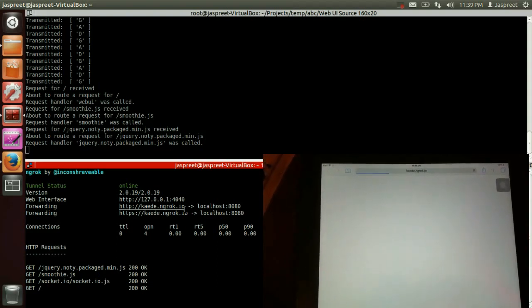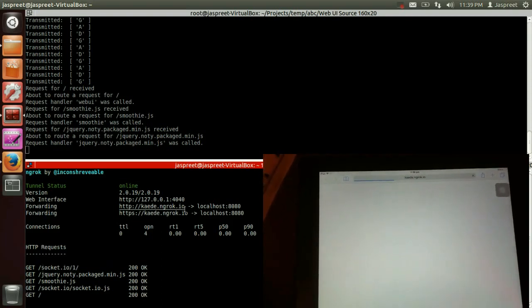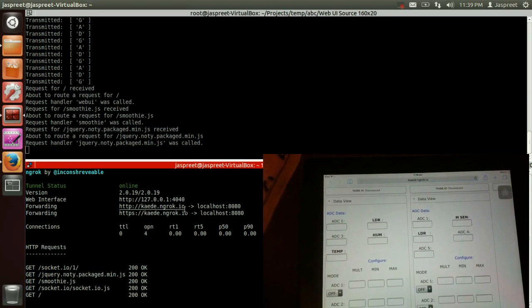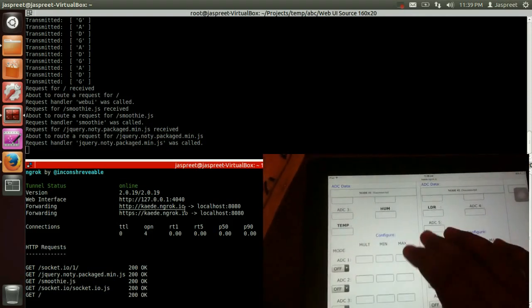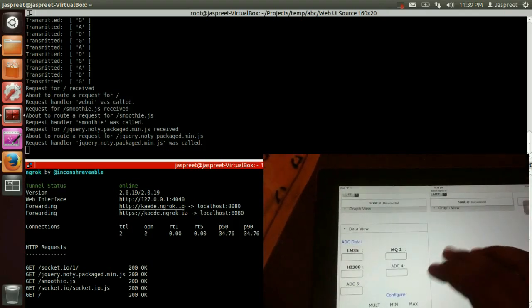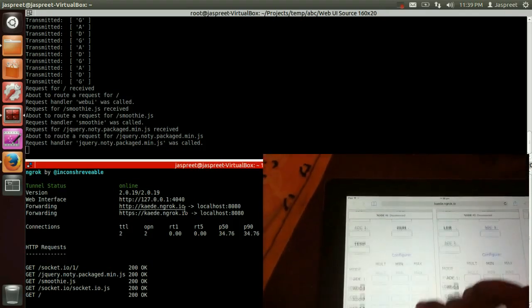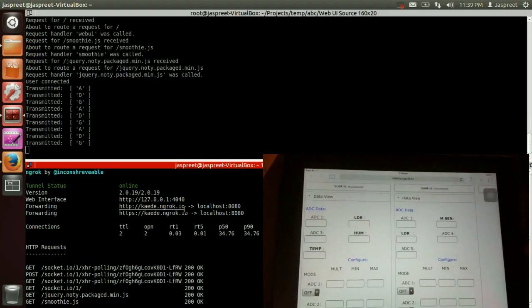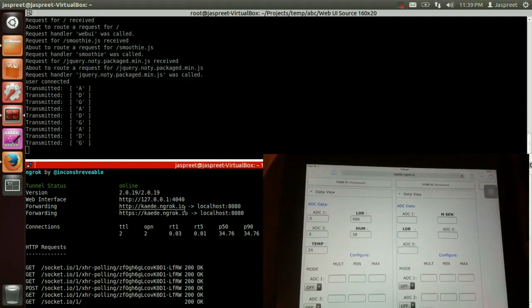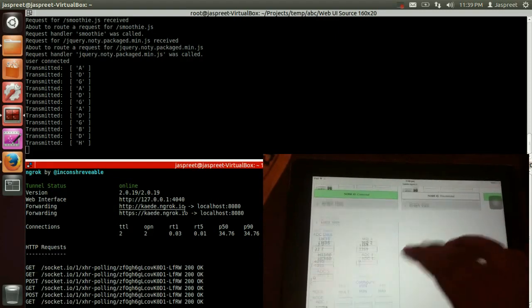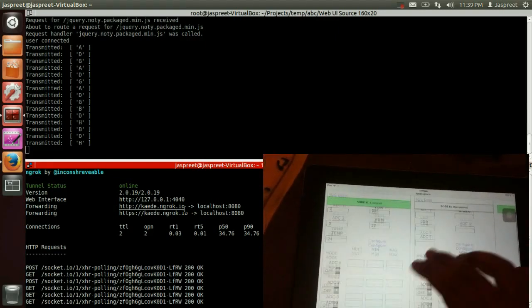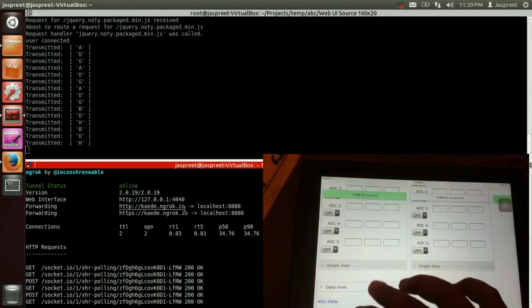You can see on the console that the request has been made by the client to the server. As you can see, a similar user interface is available here, and I can access my data from here. So node 1 is online and node 3 is online as well. I can view the data in graphical format as well.